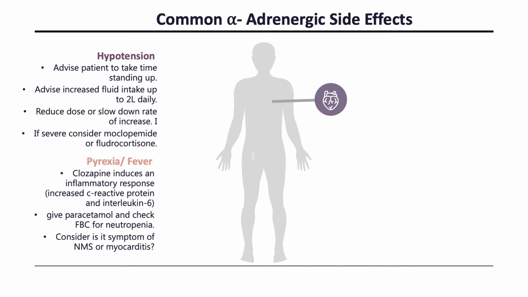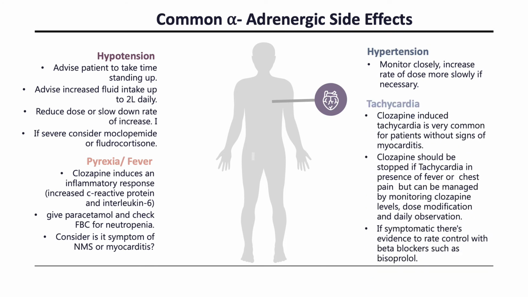Give paracetamol and slow the titration or temporarily discontinue. In hypertension, monitor the patient closely, increase the dose more slowly if necessary. In tachycardia,